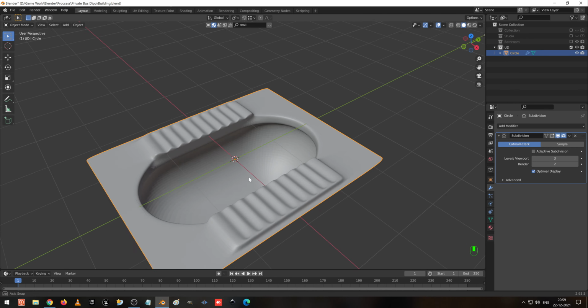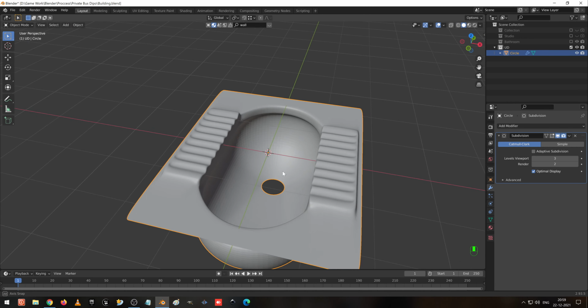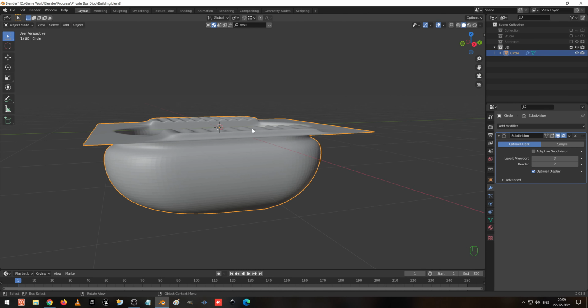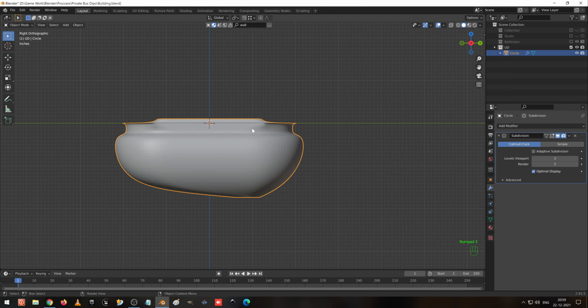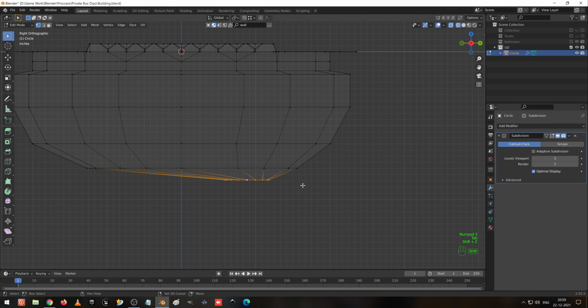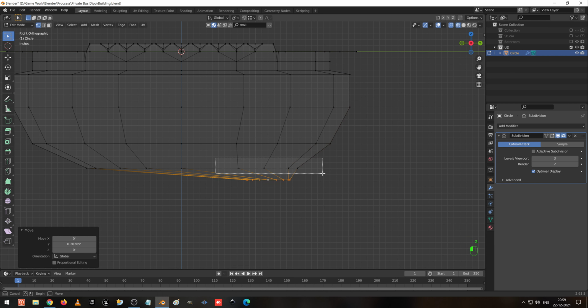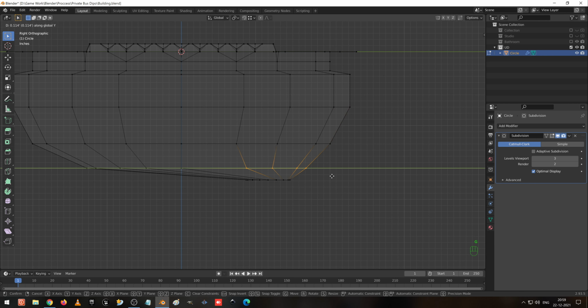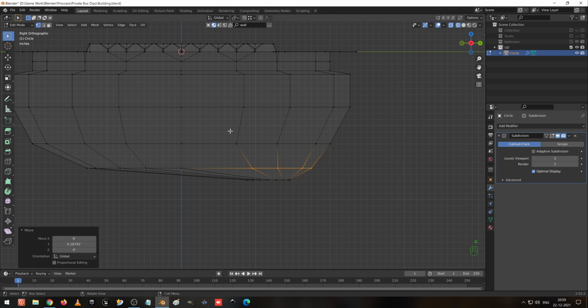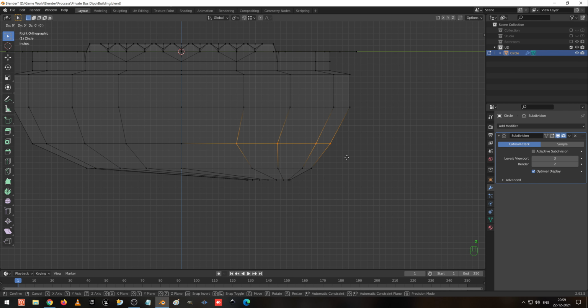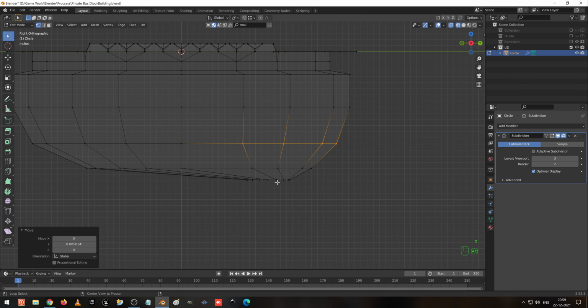Yeah, looks fine. And for us it's required a little bit, need to go more to the right side. So I go to this view again, G Y, and move towards like this, and select this and G Y to move towards like this, and this also I am going to move a little bit down.